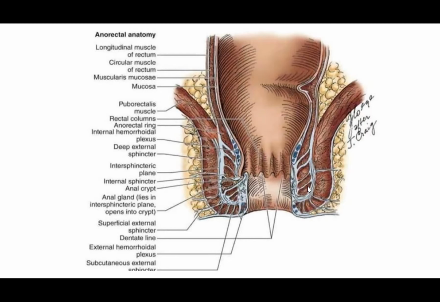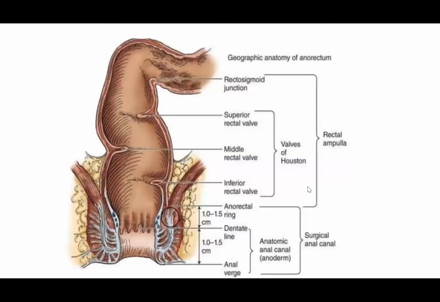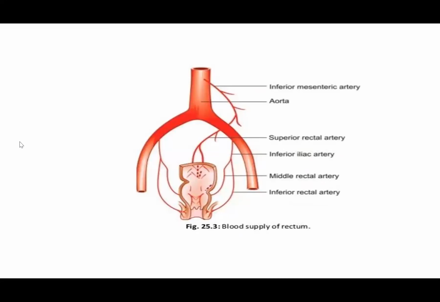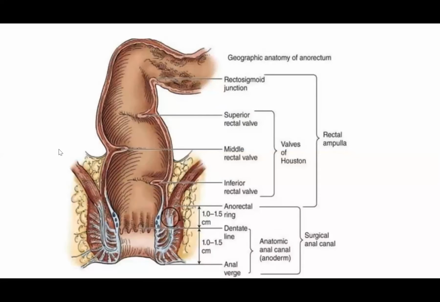summarizing the explanation for the anorectal anatomy, bearing in mind the anal canal, the sphincters, the continuity with the puborectalis muscle, the anal columns, the anal valves, and the crypts, as well as the glands. Here's another diagram. So this image shows